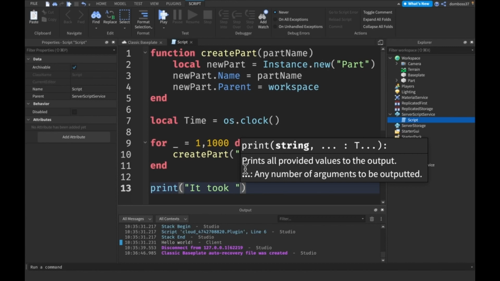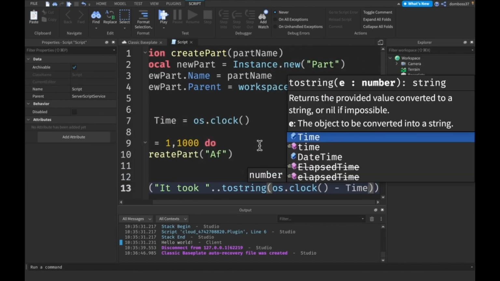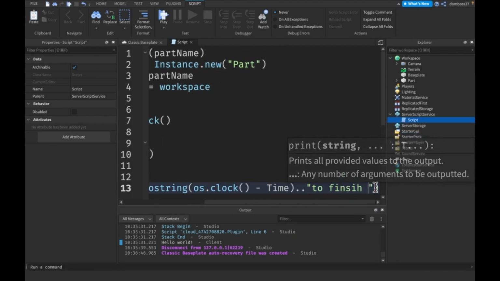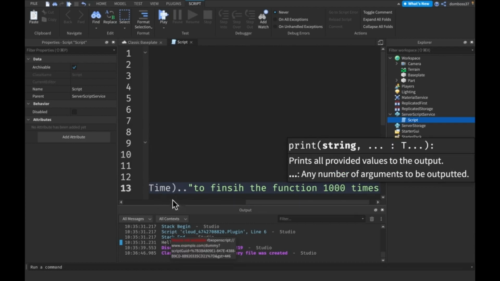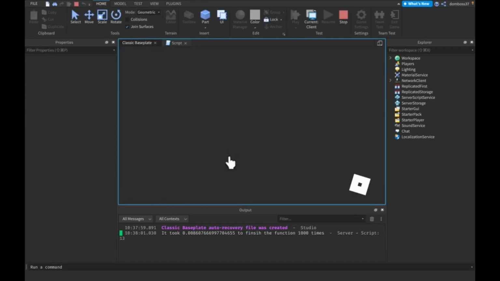Then here what we'll do is we'll print "it took", and then we'll concatenate tostring(os.time or os.clock minus time), concatenate "to finish the function 1000 times." Let's add a space here, and if we run this, it took